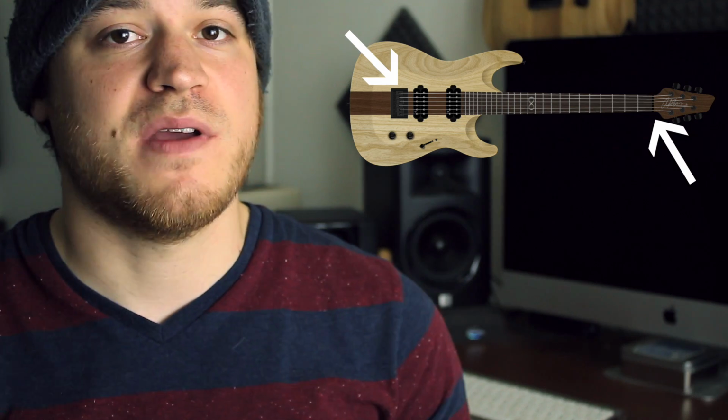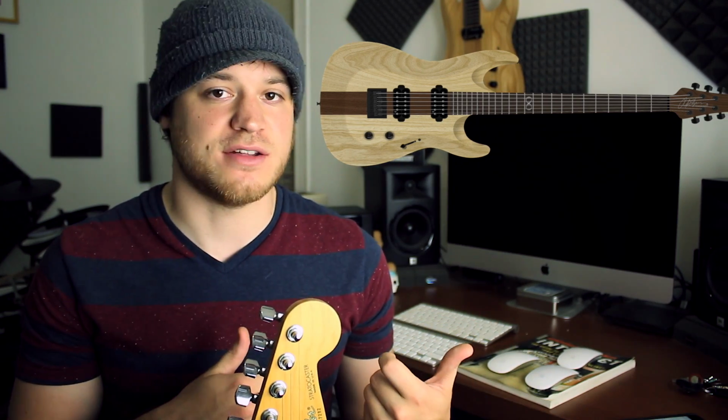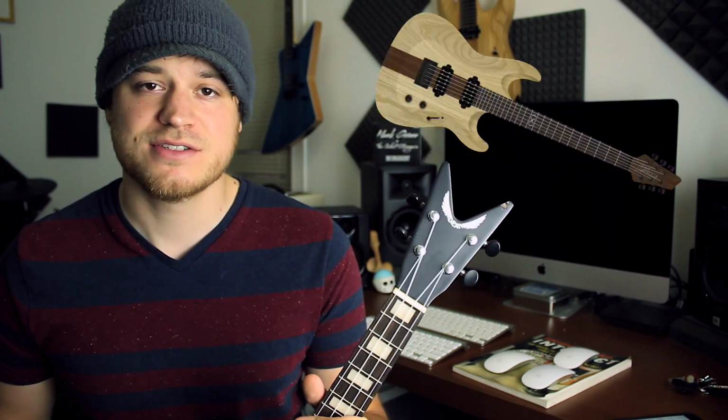And guitars vary quite a bit. The same set of strings will be under a lot more tension on a guitar with a longer scale length than a guitar with a shorter scale length, which will have much less tension. So to go back to ridiculing my 18-year-old self, 11s were not the right string gauge for me, and I